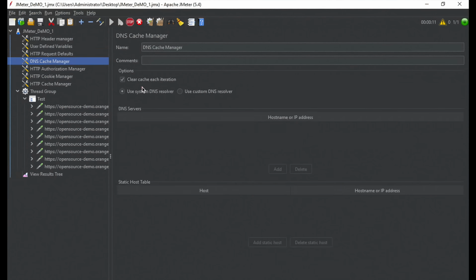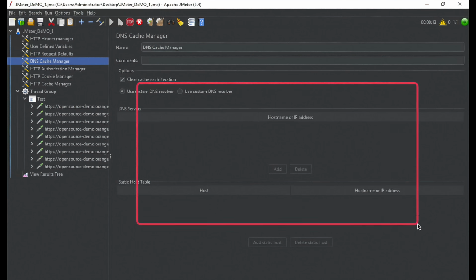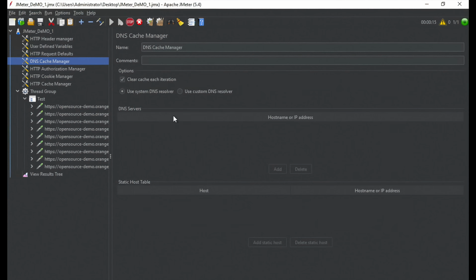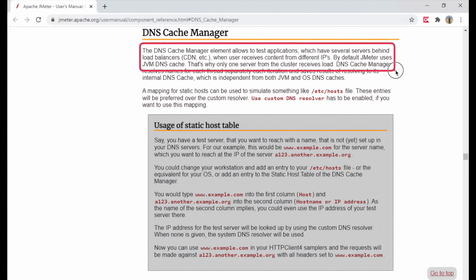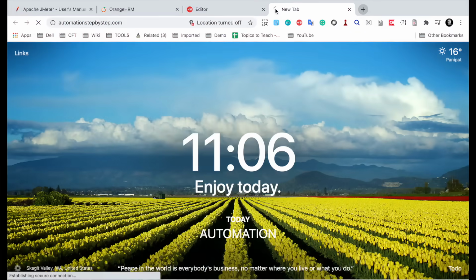Then we have DNS cache manager. Now in case you are using load balancers at your servers, you can use the DNS cache manager. If I click on this question mark, it will take me to the documentation for DNS cache manager, and here you can see this element allows to test applications which have several servers behind load balancers. And just in case you want to know more on load balancers, you can go on my website automationstepbystep.com,